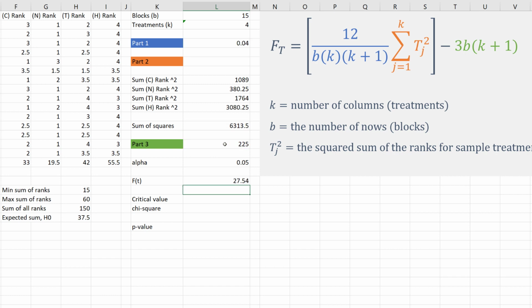So our Friedman statistic, or test statistic, is 27.54. Well, what does that mean? So we need something to compare that to, and that is our critical value for the chi-square. To do that, we use one of the chi-square functions in Excel. So equals CHISQ.INV.RT,